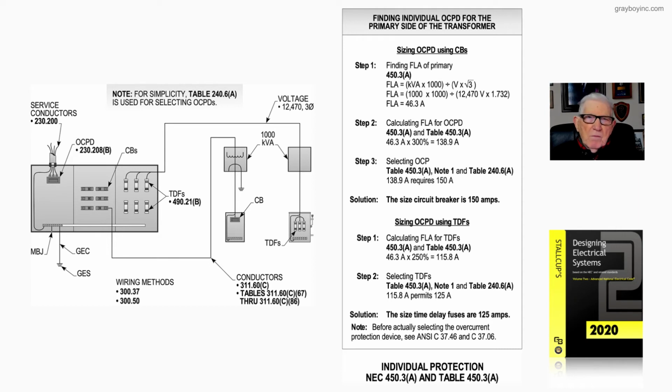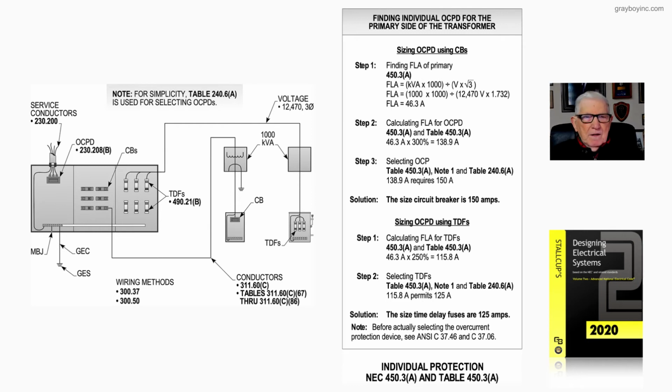When we do our math at 1,000 times 1,000 to get rid of the K and get the transformer into volt-amps, we'd come up with a full load amps of 46.3 amps. Now step 2, 450.3(A) is naturally going to refer us over to table 450.3(A). So 46.3 amps times 300% is